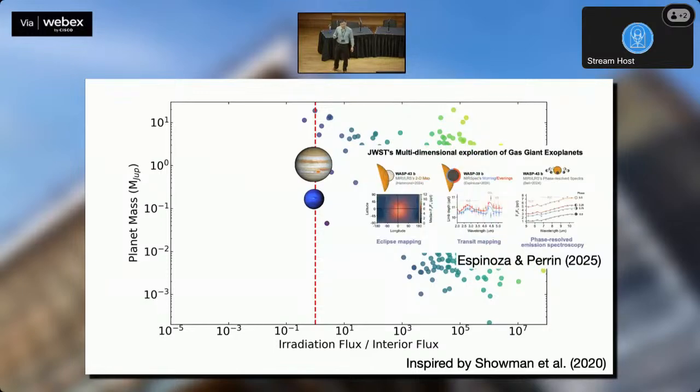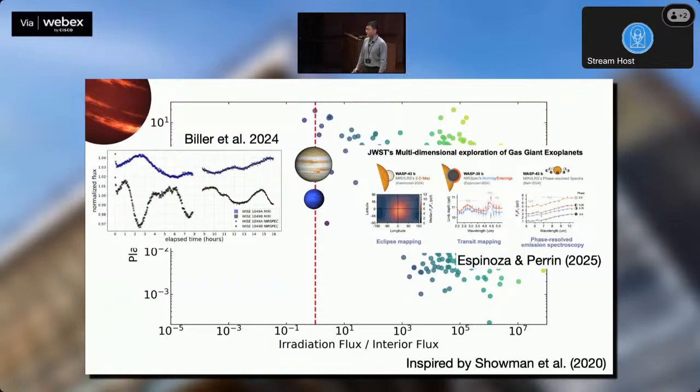Thanks to the very precise data coming from JWST, we start to use a variety of methods to figure out their spatial features. And they gave us very important information about the diurnal cycles and weather patterns in these highly irradiated, tidally locked planets. On the other side of this diagram, we also look at several highly